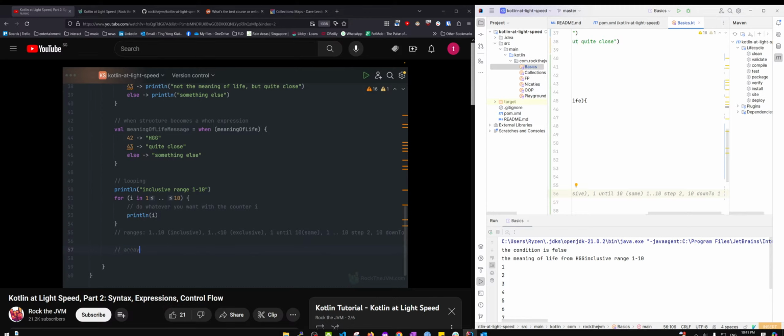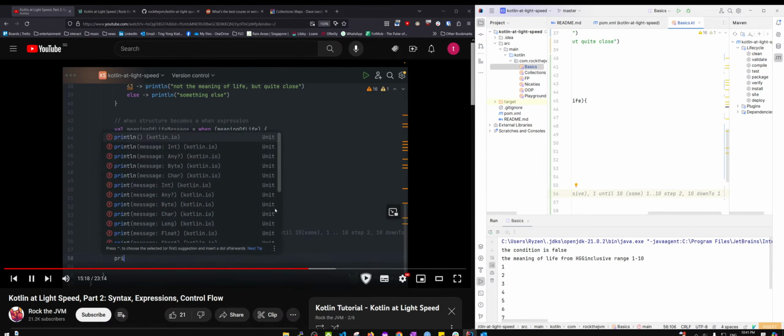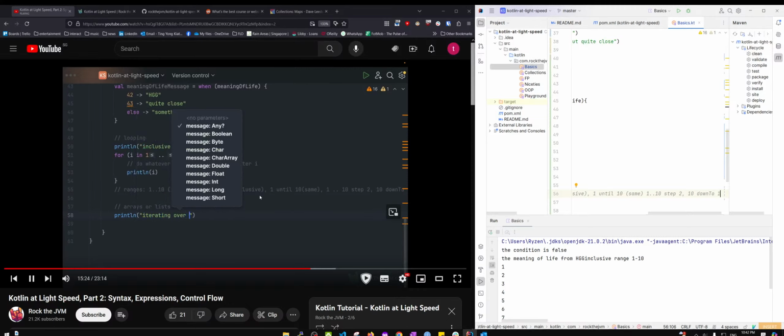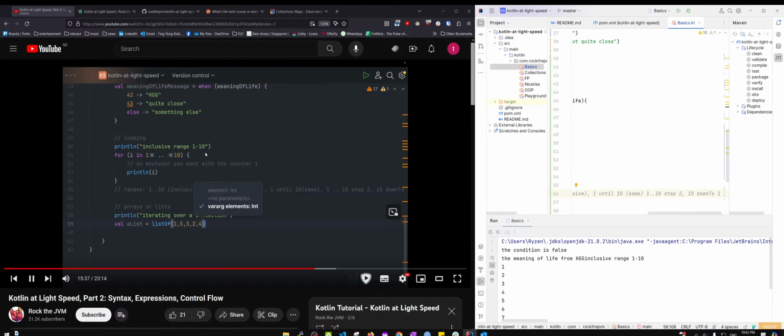Let's talk about arrays or lists. So I'm going to print line a little section here so that we can isolate the output. So let's say iterating over a collection. I'm going to define a val, I'm going to call this a list, as list of, and here you can chain any sort of elements that you like. For example, 1, 5, 3, 2, 4. So this is going to be a list of these items in this exact order. Or you can say a